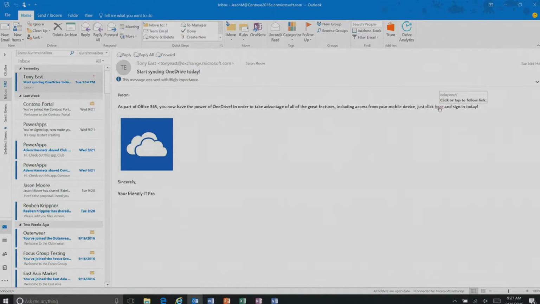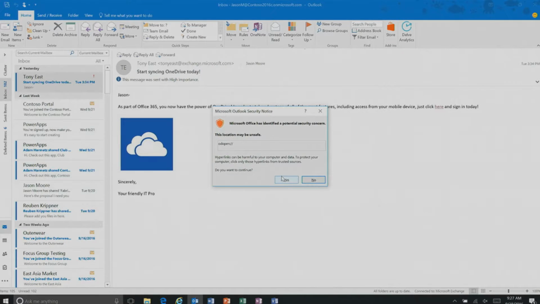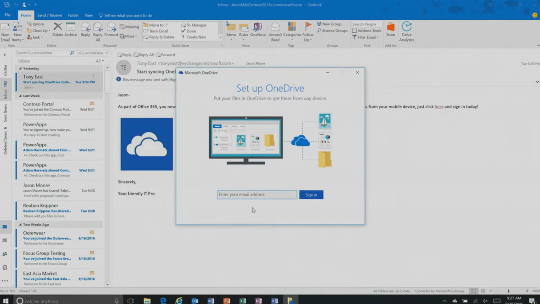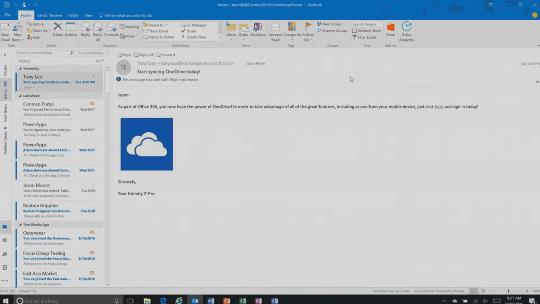But this URL is a protocol handler that launches the OneDrive Sync client and directly launches the OneDrive setup wizard. So the next evolution of this is going to be to allow you to actually specify what tenant you'd like the user to sign in, and for us to enforce that. So this is just a really quick and easy way for the user to launch the setup wizard. At this point, they would just type their email address, hit sign in, and the setup wizard would walk them through the rest of their deployment. So that's method number 1.